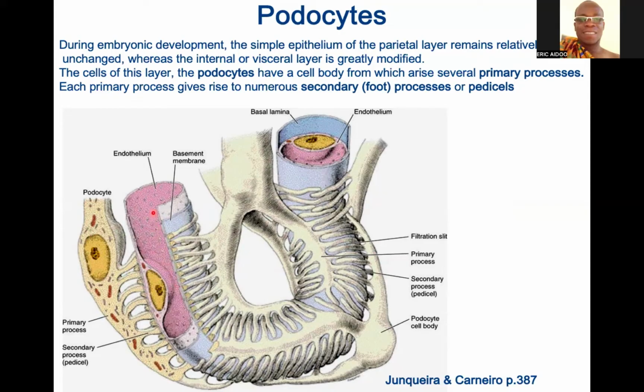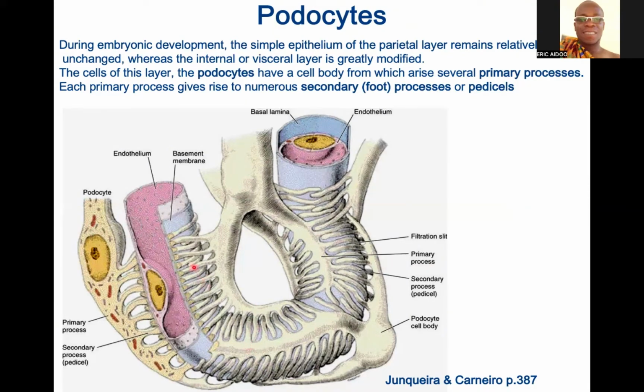So the substances that are able to pass through, especially the fluid portions of the blood, will go through the slit. So it's just like sieving something at home in the kitchen when we do palm soup and you have to pound the fruit. You end up having chaff together with what you really need. So you mix it with water and then pour everything in a sieve. So what you need is just like the ultrafiltrate, is what will go into your saucepan that you use for your palm soup. So that sieve is just like the podocyte network that we see here,